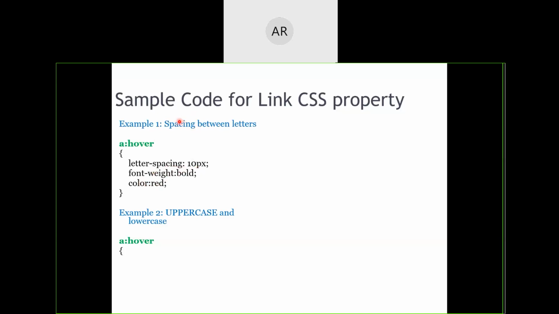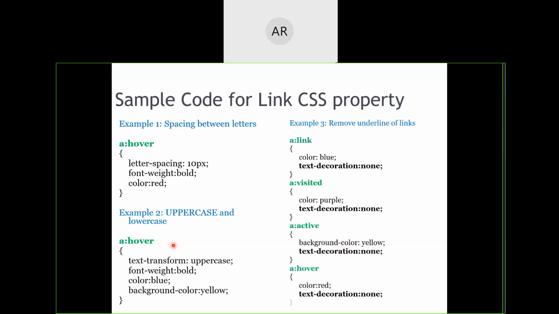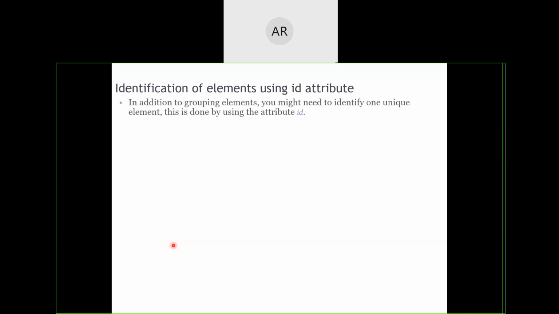Font will become from normal to bold, and its color will become from normal blue color to red color. Okay. We can have any type of background. We can do a lot of things in that one. So this is just for your practice. I have kept all these different things.